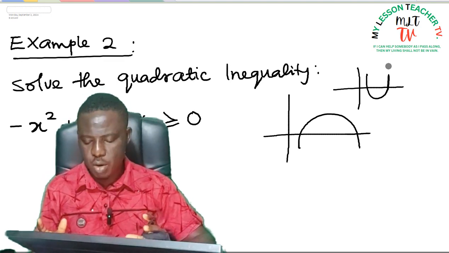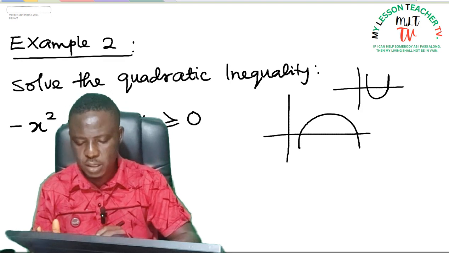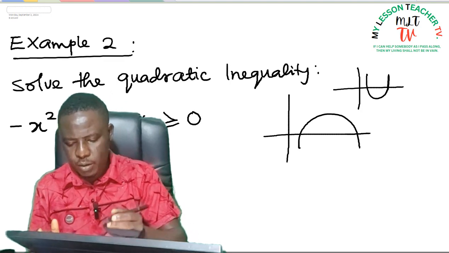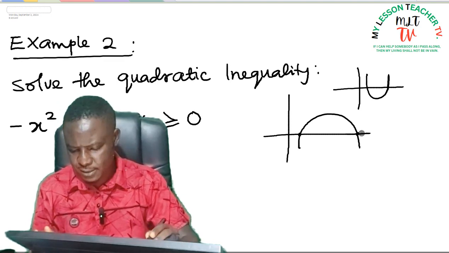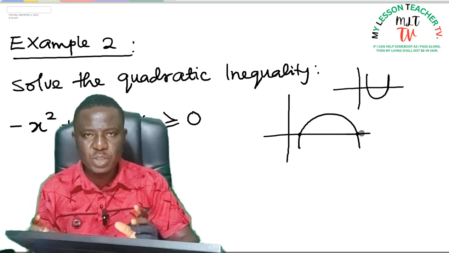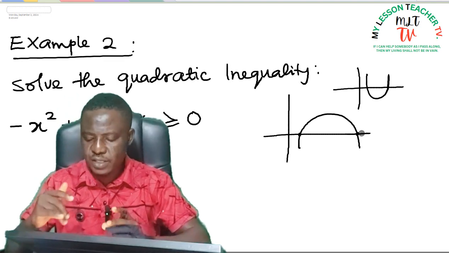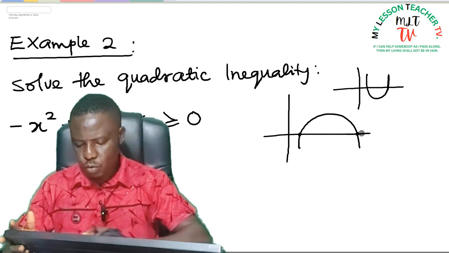So what we are going to do now is to try and factorize the quadratic expression, find the zeros of the inequality, which gives us the region where the parabola cuts across the x-axis. So how do we do that? You look for two terms. Now when you multiply them together, it gives you the product of the first term and the last term. And when you add them together, it gives you the middle term. So if you look at it,